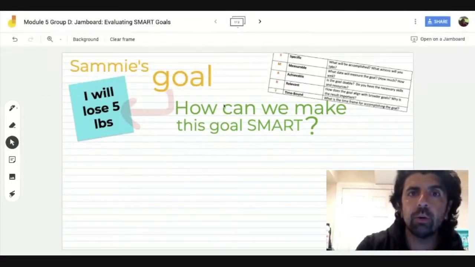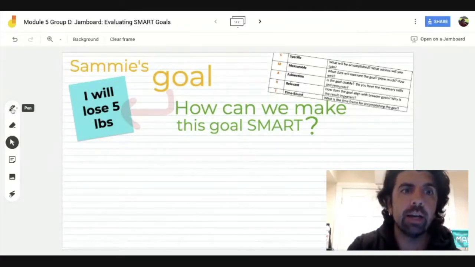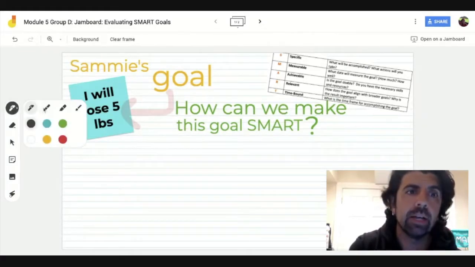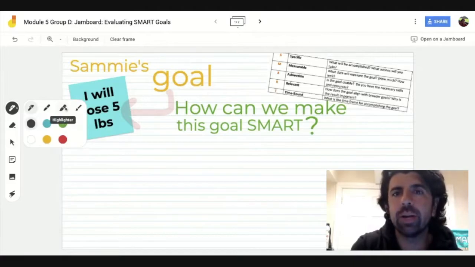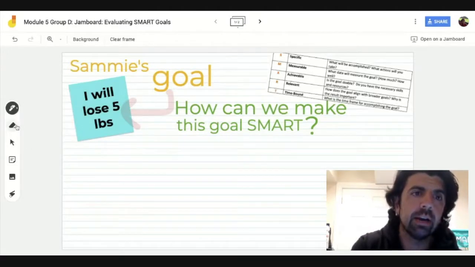So let's go through some of the tools that are here. We've got the pen tool. So if you click on the pen tool, you have different options: we've got a pen, a marker, a highlighter, a brush. My advice to you is try to utilize either the pen or marker. The highlighter, I guess, if you want to highlight something specific from the points, and of course your colors that you can use. The eraser,